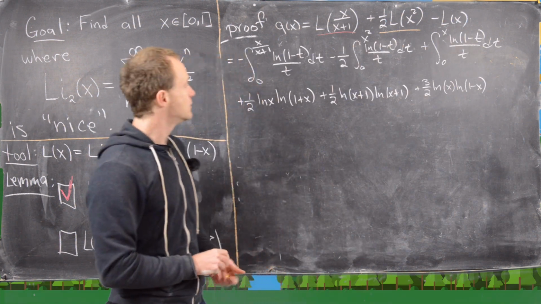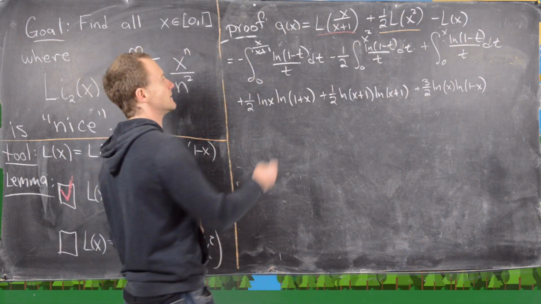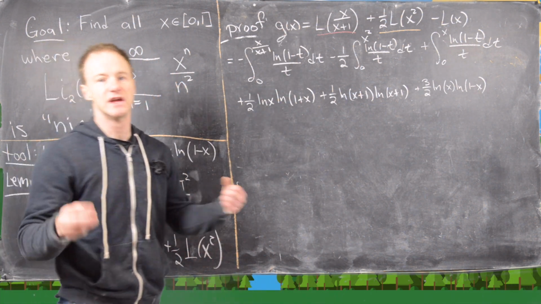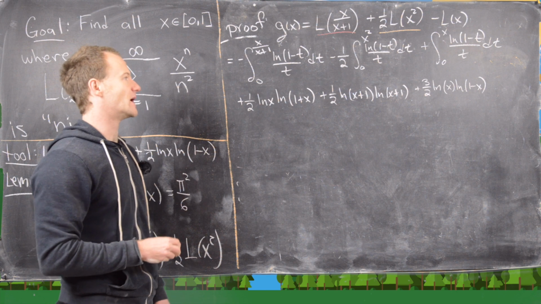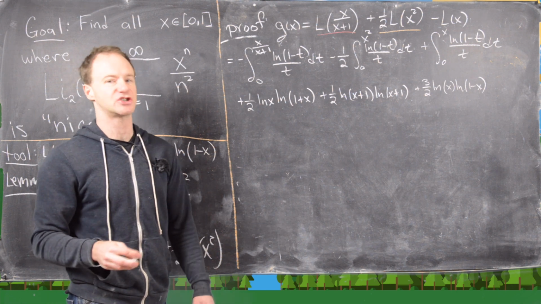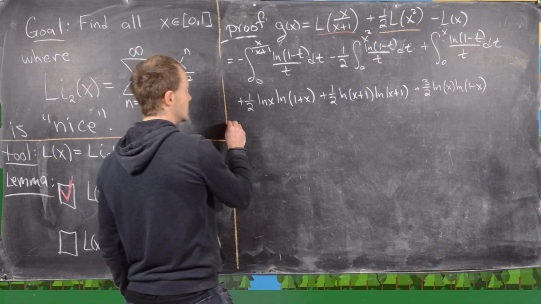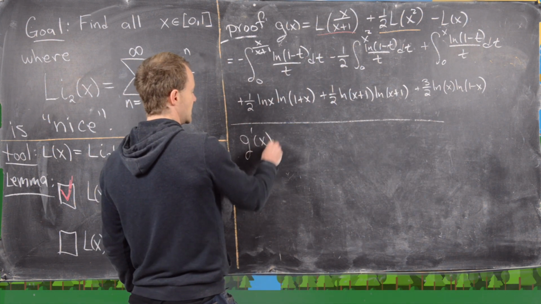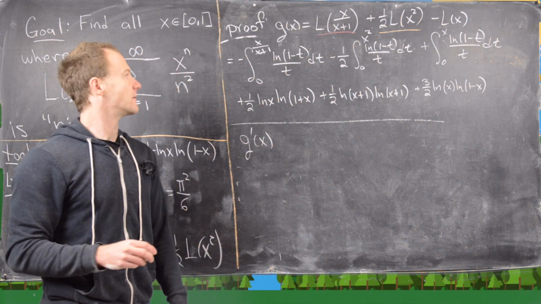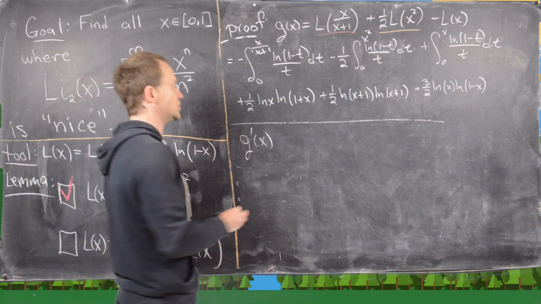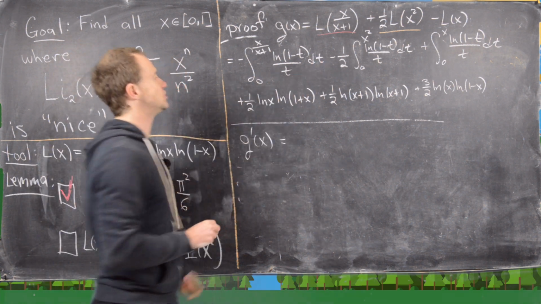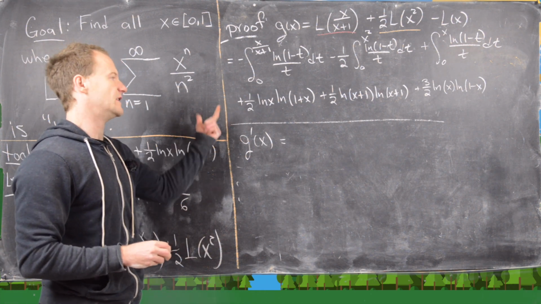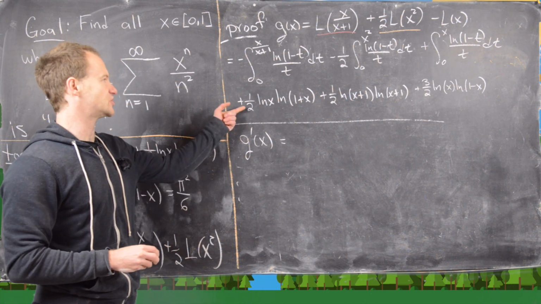Okay, so I've moved the function g up to the top of the board, and I've done some simplification with the natural log stuff just by distributing and combining like terms. So there's not really much to that. So now I want to do the same kind of thing that I did on the last board, which is look at the derivative. So I'm going to look at the derivative of g, taking these with the fundamental theorem of calculus part 2,